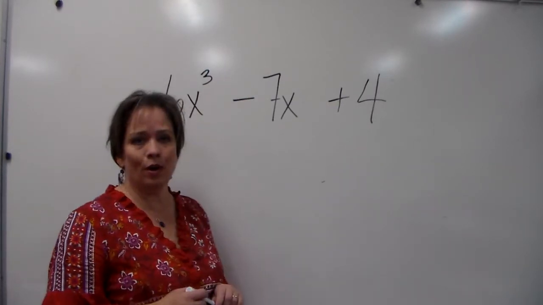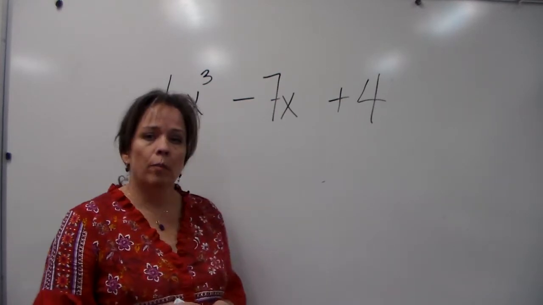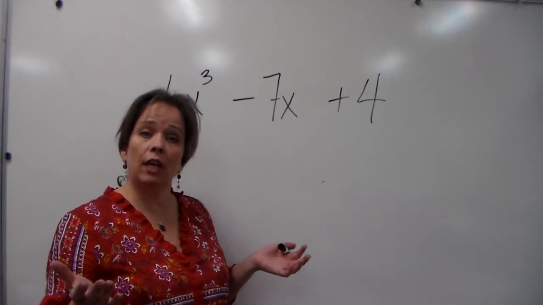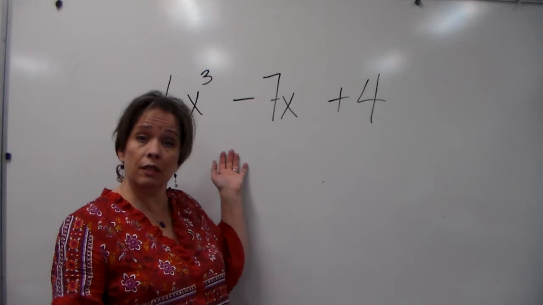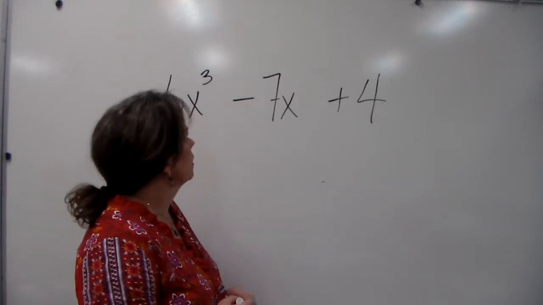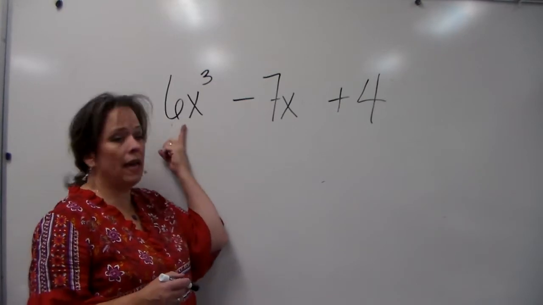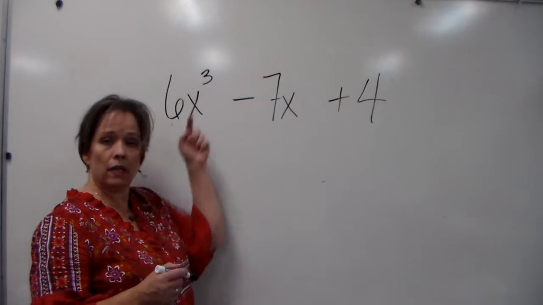And what you see on the board is an example of a polynomial. So polynomials are a type of expression in math, and they're made up of different terms or different kinds of terms. The kinds of terms that you might see might have a number multiplying a variable with an exponent, like